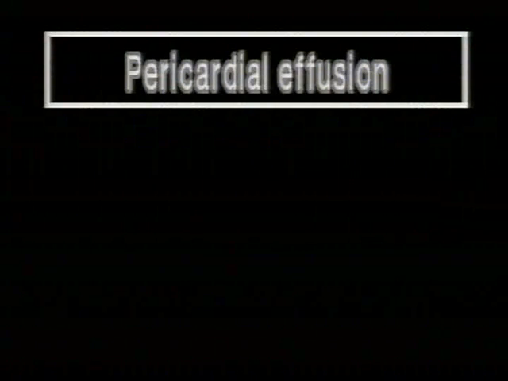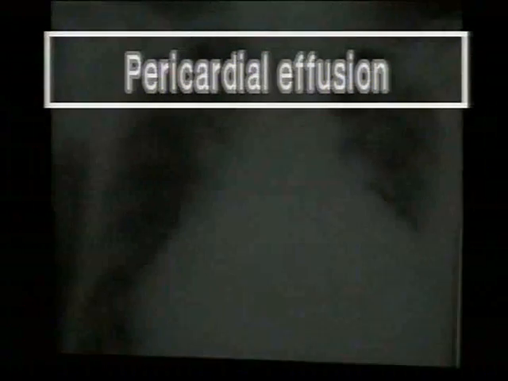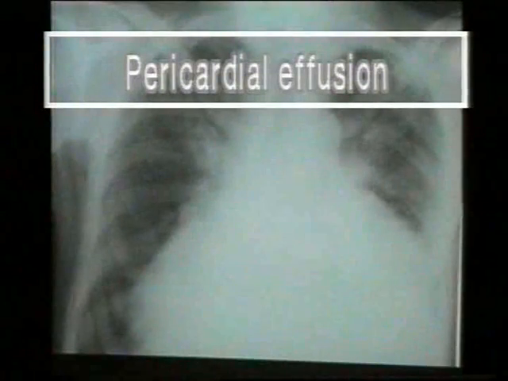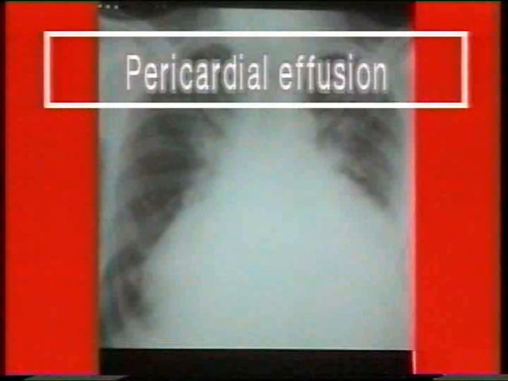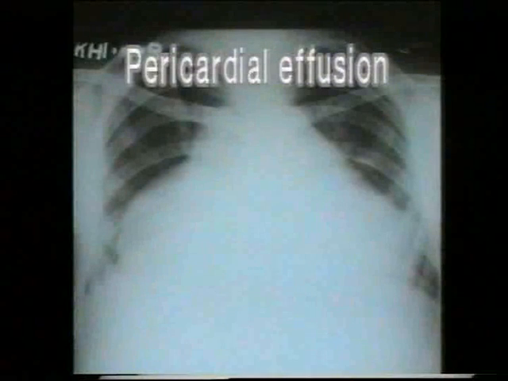Pericardial effusion. A pericardial effusion is detected on plain X-ray only when 150 to 200 ml of fluid is collected in the pericardial cavity. The heart shadow is enlarged and all the notches are blunted out, giving a smooth flask-like appearance termed a leather bottle heart. The heart border is very sharp as the movements of the heart pulsation are blunted by the fluid, but the cardiophrenic angles are sharp and acute, unlike left ventricular hypertrophy. The cardiomegaly is massive with a large amount of fluid collected in the pericardial cavity.